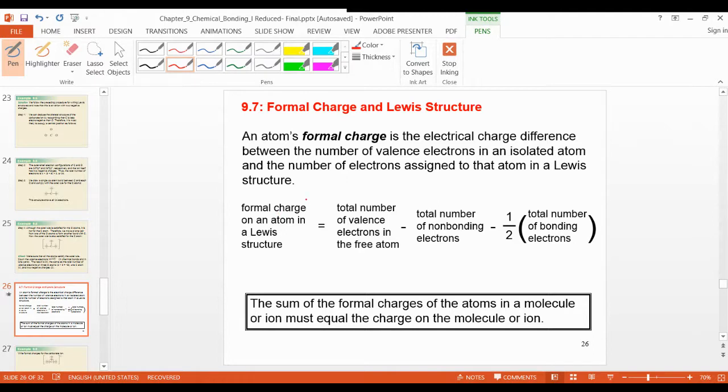This is the formal charge, Fc: the total number of valence electrons in the free atom, minus the total number of non-bonding electrons, minus half the total number of bonding electrons. Non-bonding and bonding. As I told you, suppose